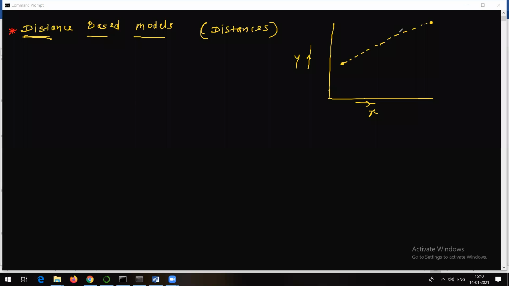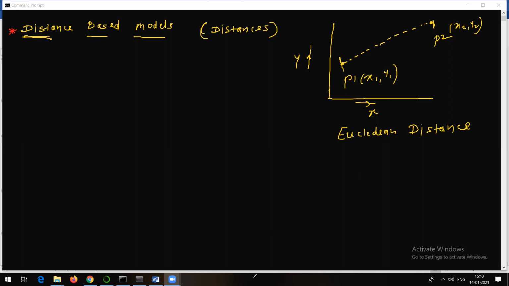There are a lot of ways. One of the common ways, which you might have heard about, is called Euclidean distance. The Euclidean distance formula can be used to calculate the distance between the points in the plane. If this is point P1 and this is point P2, point P1 can be represented with the help of coordinates. Suppose P1 is x1, y1, and P2 is represented as x2, y2, since every point can be represented with x and y.